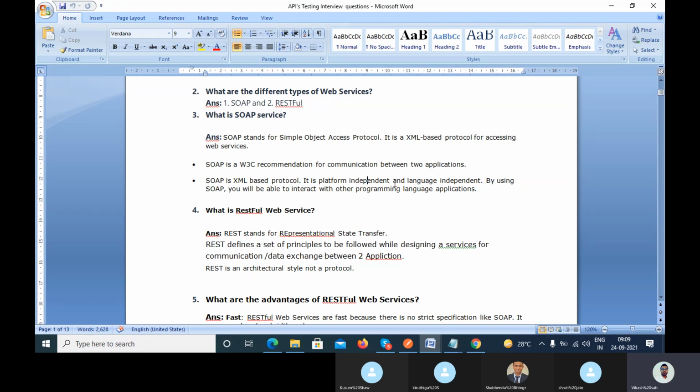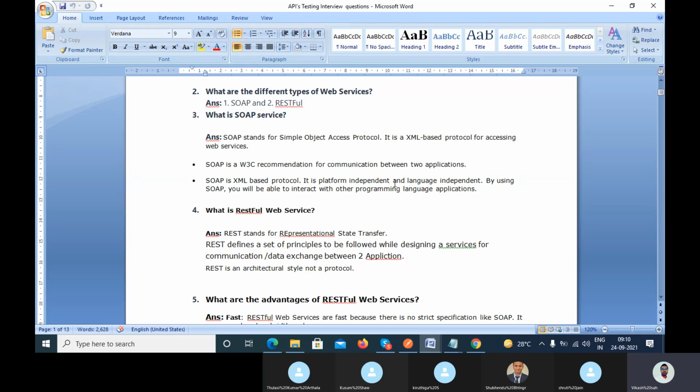Let's suppose I am purchasing a Maruti car, and you are purchasing a Mercedes car. Both cars are used to travel, you can go from one place to another. But the features are different.